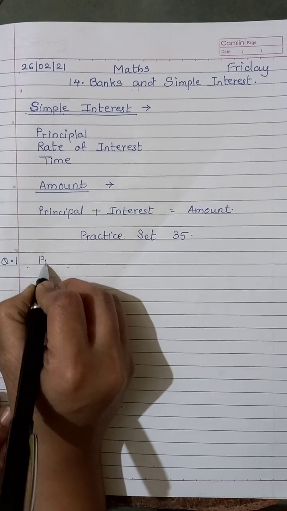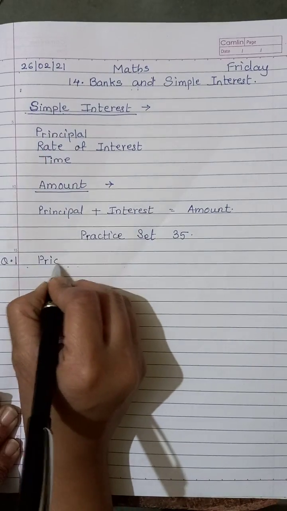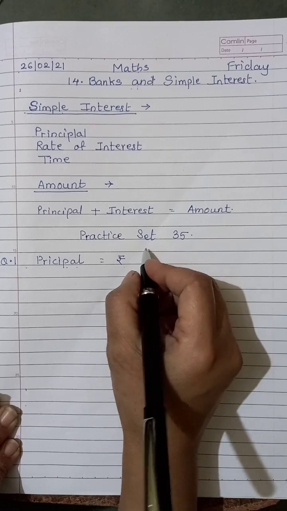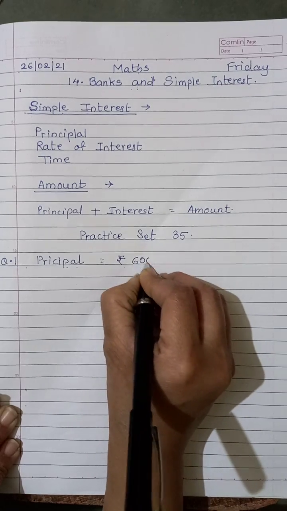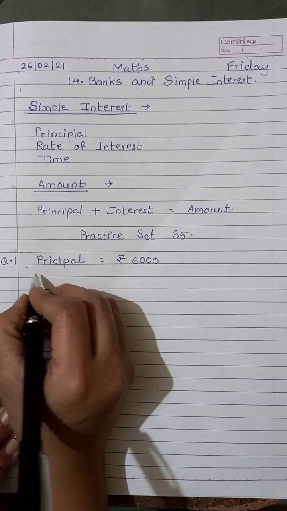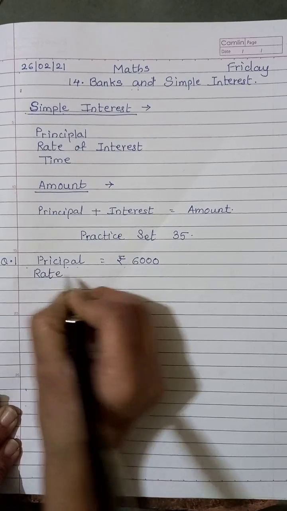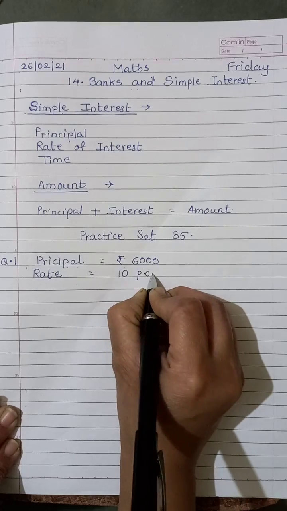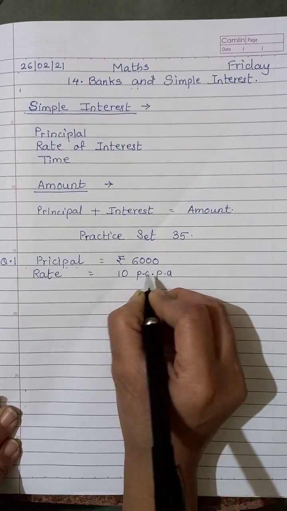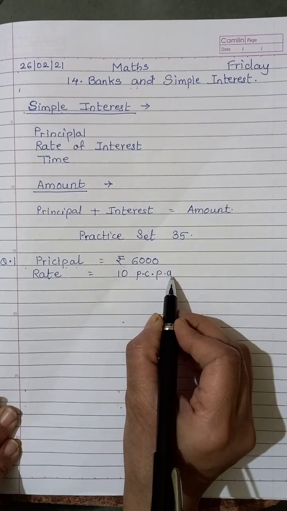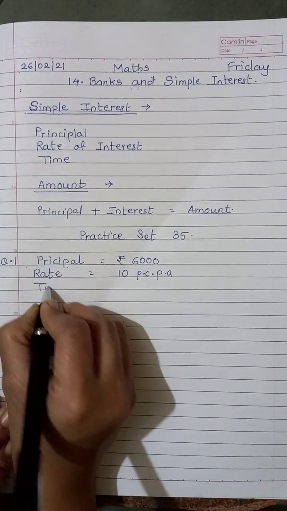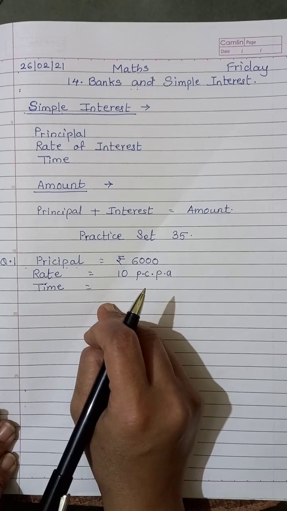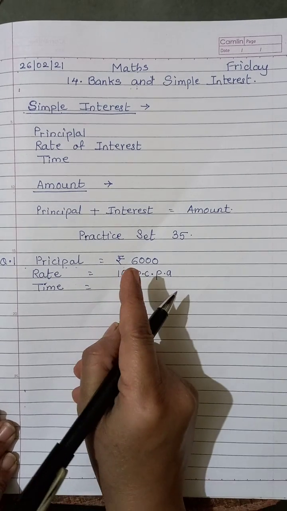Now the formula of simple interest. Very first we will write down the needed things, that is principal. The principal amount is rupees 6,000, and rate of interest, rate is equal to 10 PCPA. I told you last time also, PCPA is percent per annum. And time, also I told you that the time has been considered for only 1 year, but